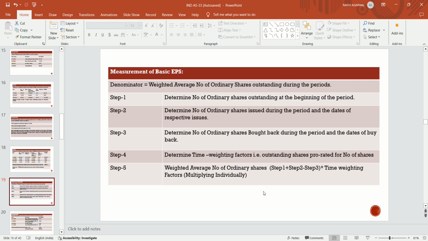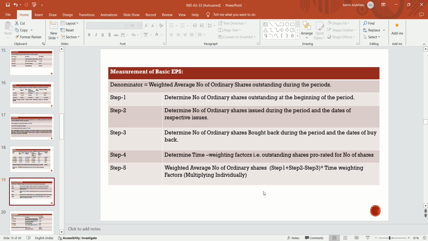Whatever we had discussed to calculate the weighted average number of shares is to be in the denominator, and the numerator will be the profit attributable to the equity shareholders. This denominator is the weighted average number of shares outstanding during the period. Firstly, step 1, determine the number of ordinary shares outstanding at the beginning of the period, as we have discussed